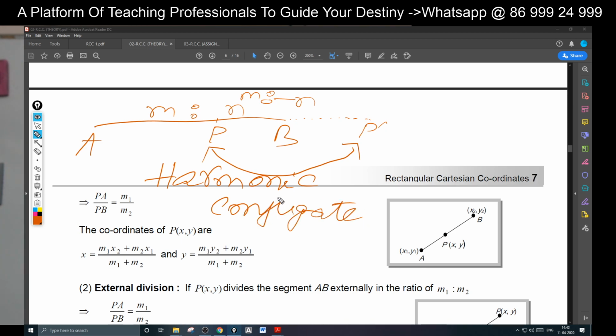So if you want to write, I'm telling you the definition, please write. A line segment AB is divided by a point P in the ratio